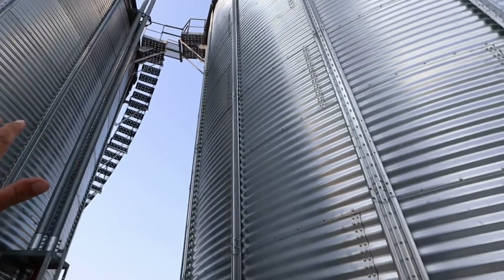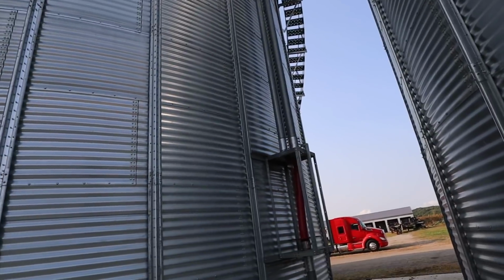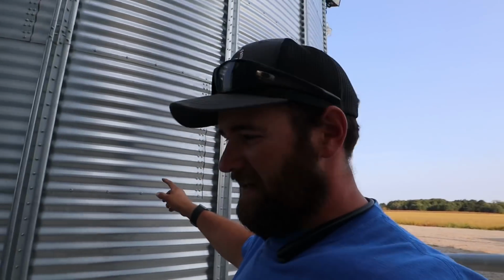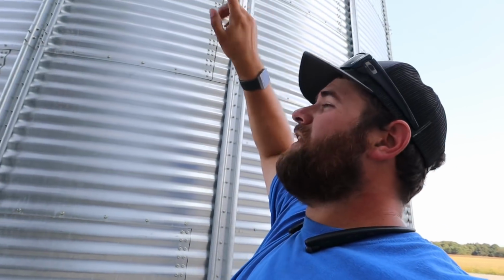Oh, one of the regrets, we did this because we're kind of lazy, but we had stairs going up this bin, and we just did a platform over to this bin, so we can check both of them while climbing only one set of stairs. Only problem is this is our wet bin, so we need to know how full it is often. Well, we can only check that by going up there, whereas if we had steps on this bin, we would probably just walk up the steps, hit the side of the bin until we found out the level of the grain. Not a major regret, but it is kind of inconvenient sometimes. So I don't know, it's kind of a trade-off. I'd maybe change that though, maybe. Other than that,